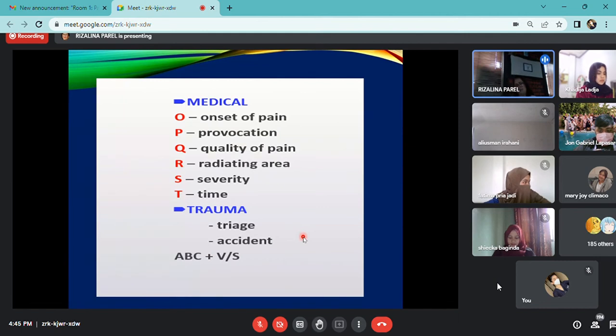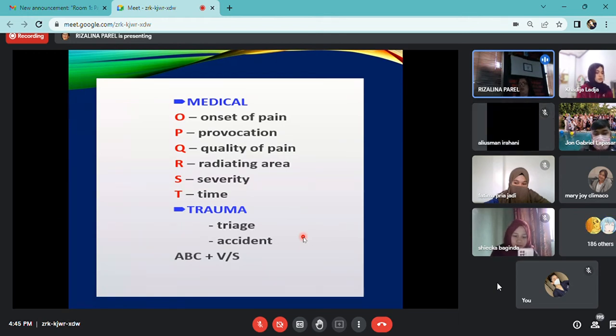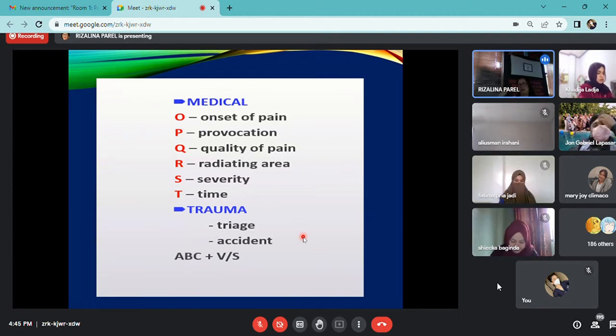Lumabas sa board exam, what is R yata yun? What is R in the OPQRST? What is R? That is radiating area. So OPQRST is the technique, a systematic evaluation or assessment according to O, onset of pain, then P for provocation o yung kanyang aggravating factors, Q for